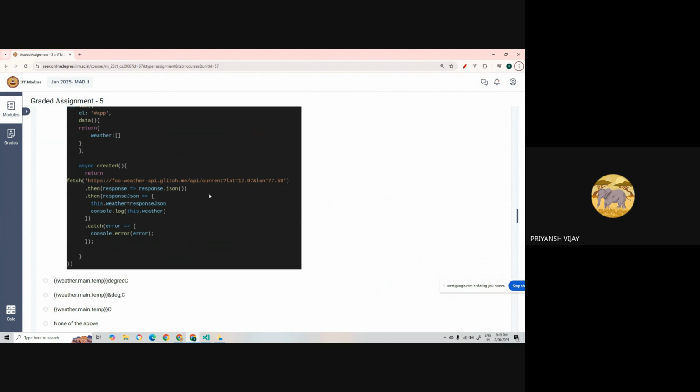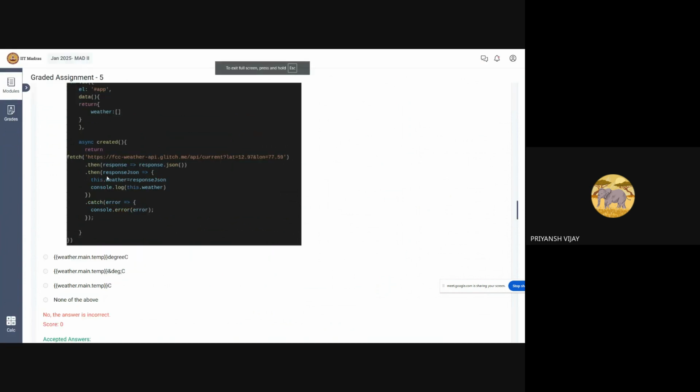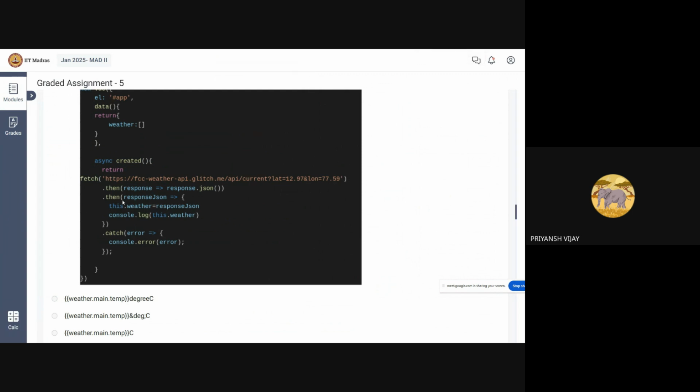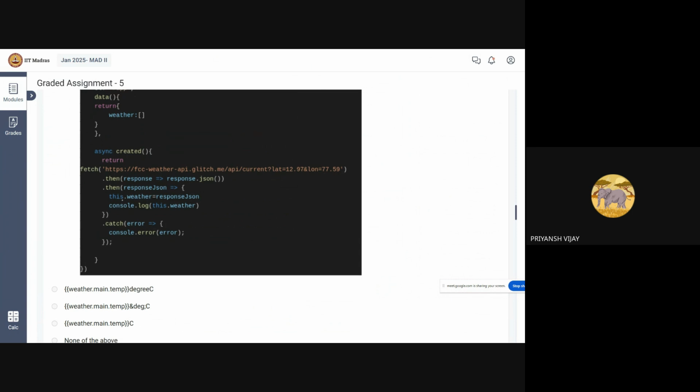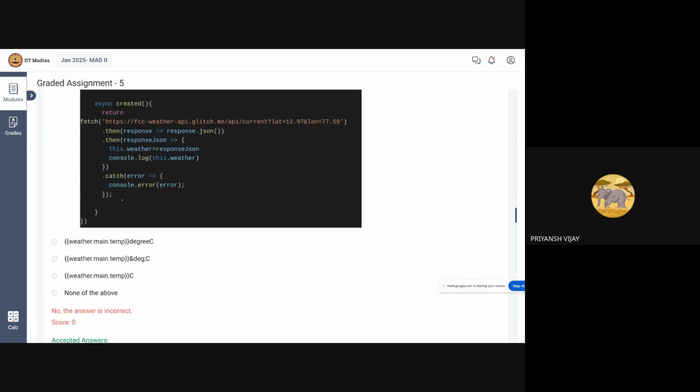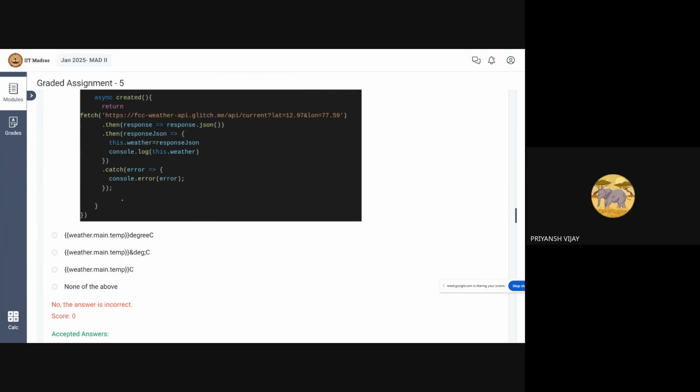This dot weather, a simple thing: whatever response we get from this fetch is converted to response.json, and this then block will fetch it, and in this dot weather array we will be storing this response JSON. So weather dot main dot temp,